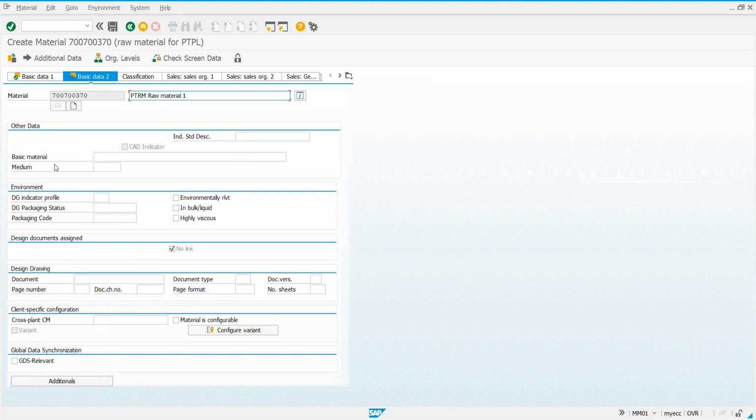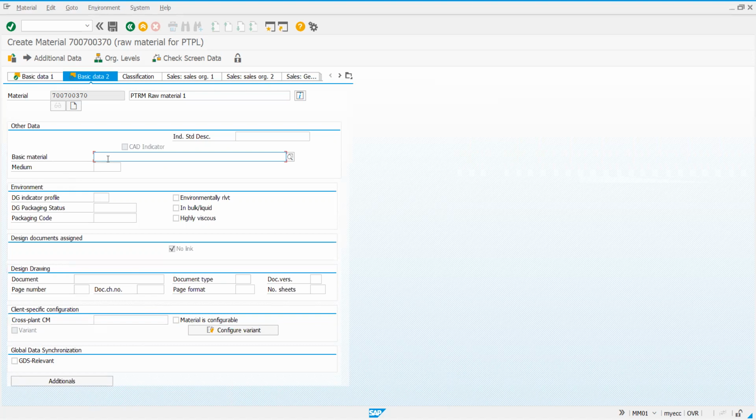Further information about the material is given under basic data 2, which allows you, if you need to group it to a certain kind of that particular material, as we have taken here electronics. In electronics, we have different devices.